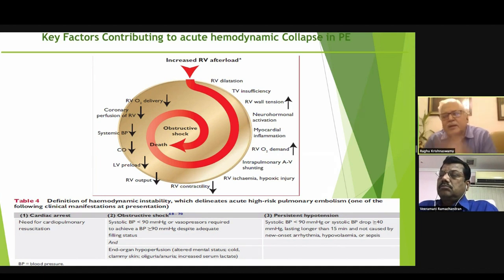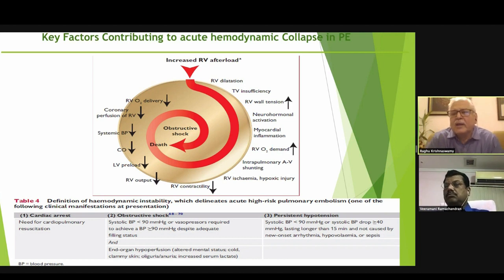And I've already repeatedly emphasized what are the signs that are very important. They are the right ventricular dilatation, the right ventricular hypokinesia. Look for any thrombi or other masses in the right heart. If you can, look directly for thrombi in the pulmonary artery, both by transthoracic and transesophageal echo. Look for the 60-60 sign. Look for McConnell sign. It may not be present in all cases, but an occasional patient can show. I hope I've answered all these.